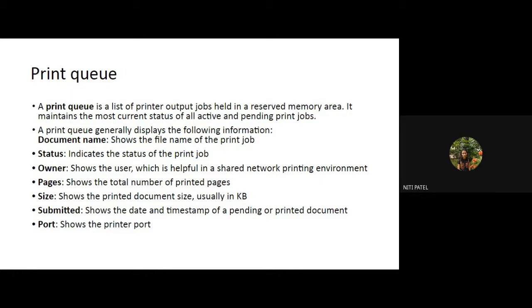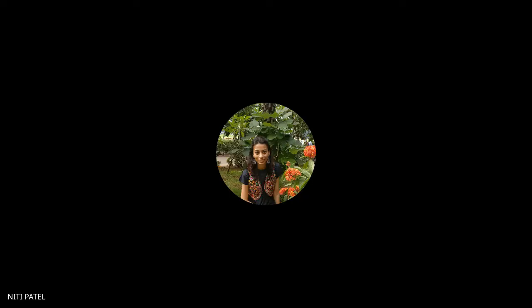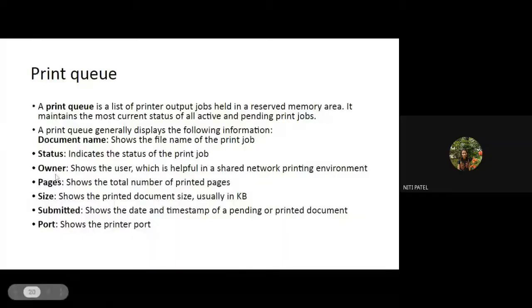But if I am on a network with Pratham and Nishit, everybody together, what will be over there? Nishit will be one of the owners who is printing the file. Pratham will be one of the owners who is printing the file. Soham will be one of the owners who is printing the file. Along with that, KJSP will also be one of the owners who is printing the file. So owner is generally helpful only when it is a shared network print. But if there is a one-to-one connection, I know which computer the print is being given from. Understanding?